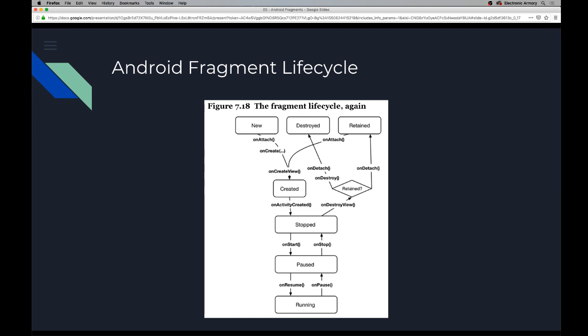So onAttach gets called, and then onCreate gets called next. So you have a little bit of, before your UI is created and everything, you get another entry point into that. And then after that, before we even get to onResume or onStart, whatever, we have onCreateView. Okay, so what happens is the fragment gets created in our onCreate,